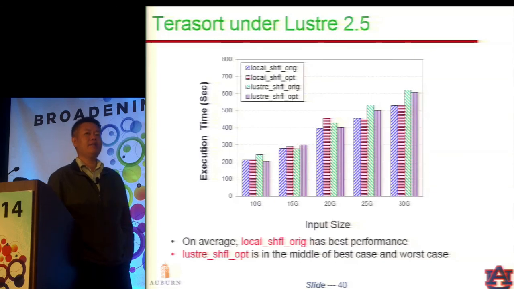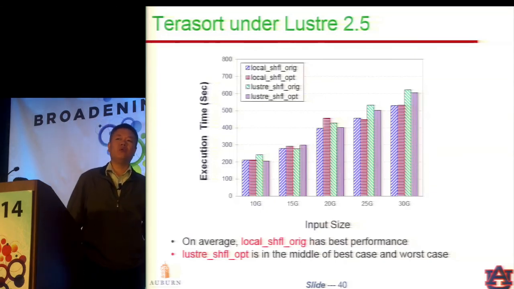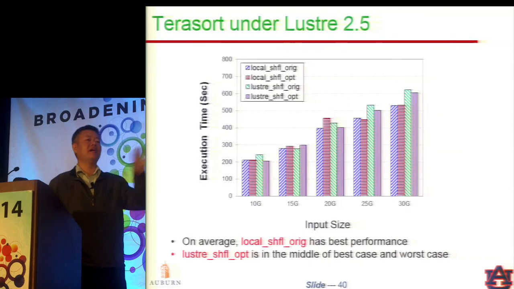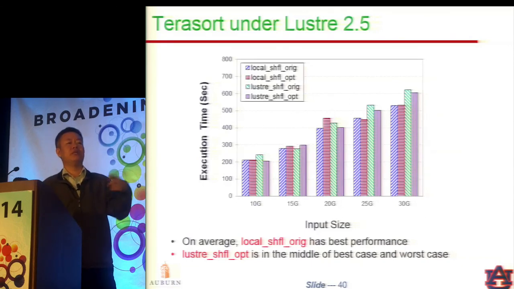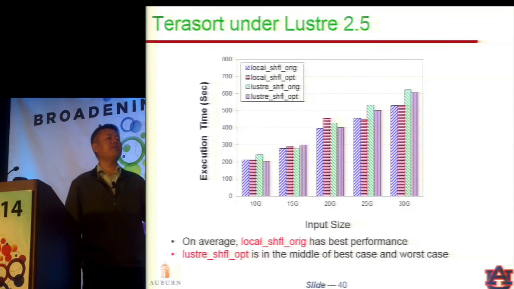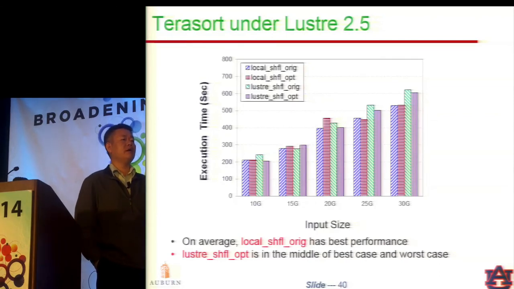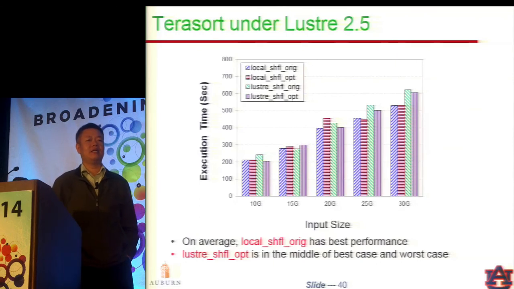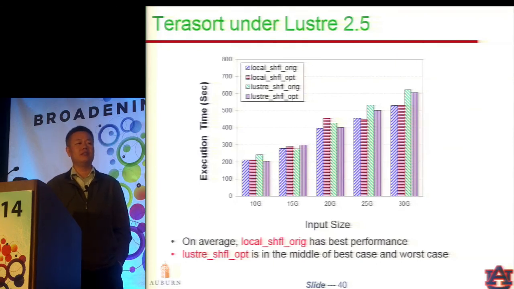The locality matters, but to a very small extent. And the largest improvement we have observed is 7 to 10%. So also it depends on how much overhead the other components would cause to the entire execution. So if the portion of improvement is anyway small, and the other portions can cost very long, so the total percentage will be even smaller. So, but the best benefit we have observed is 7 to 10%. It's not significant enough, so consistently.